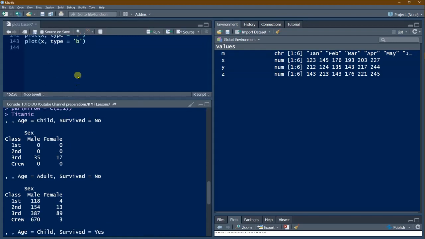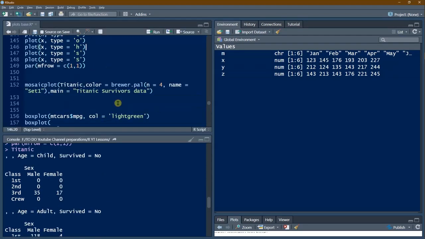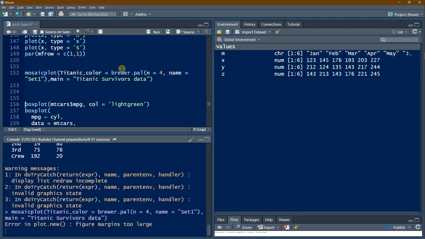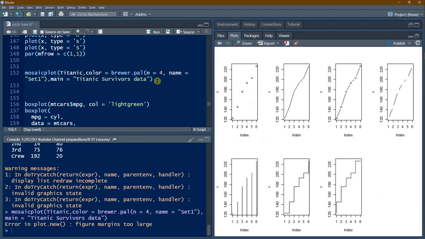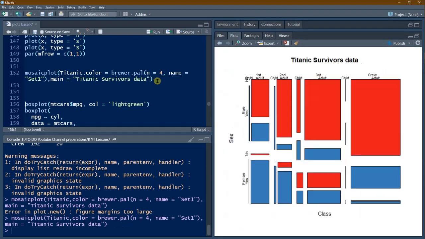This complex data we can draw using a mosaic plot. So mosaicplot is the function, Titanic is the data, color I have set with brewer.pal, 4 colors I have chosen, and I have given a title using the main argument. So let us expand this. Now we will issue this command once again. Here we have got it. We will just expand it. Control Shift 6.